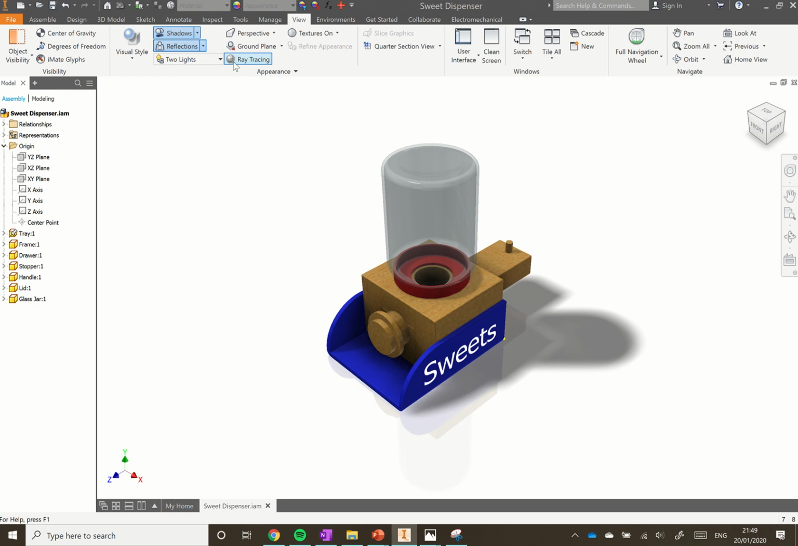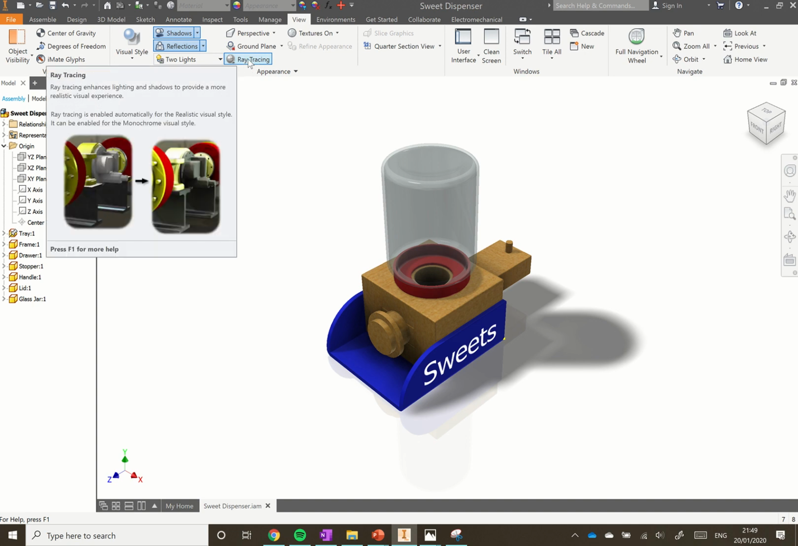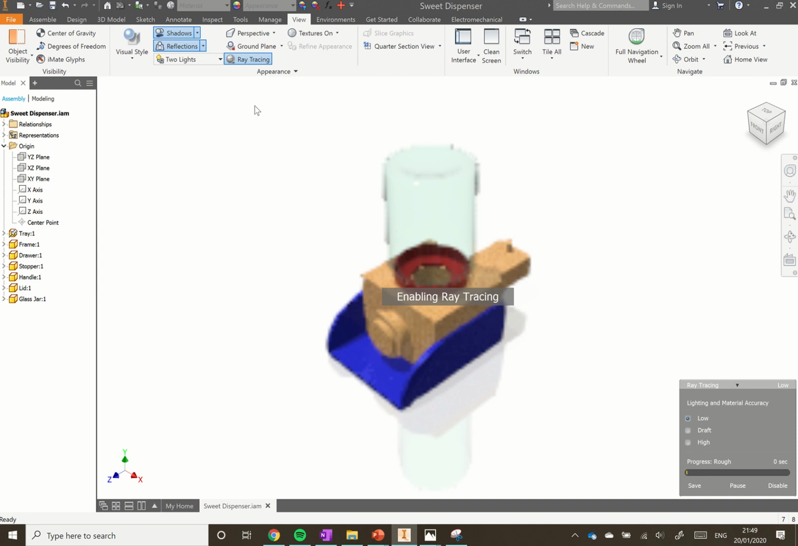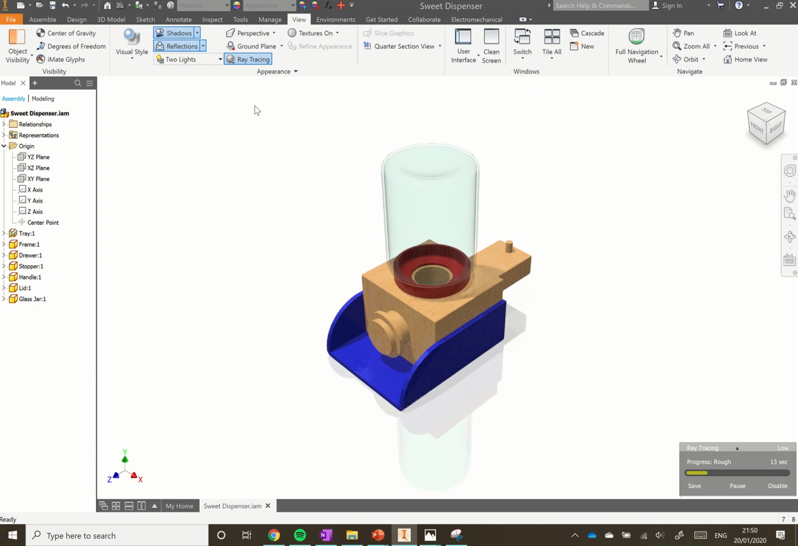The ray tracing option has now enabled itself, and if your computer supports that, we can click that on as well. Ray tracing is where the computer tries to work out how rays of light would travel around your model and interact with your model. So it's quite intense for the computer to model that. See, we've got a wee progress bar at the bottom right there. Some computers might struggle running that. So once we enable that, we can